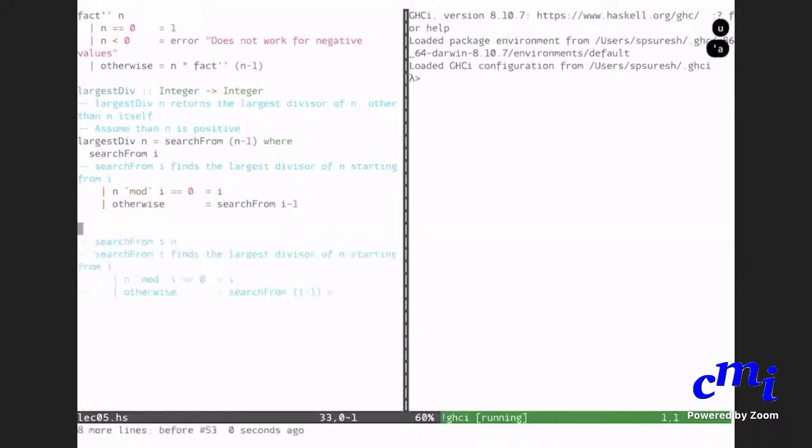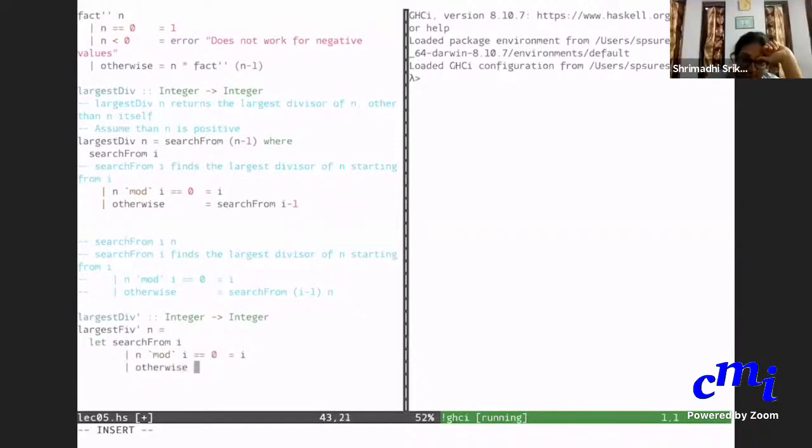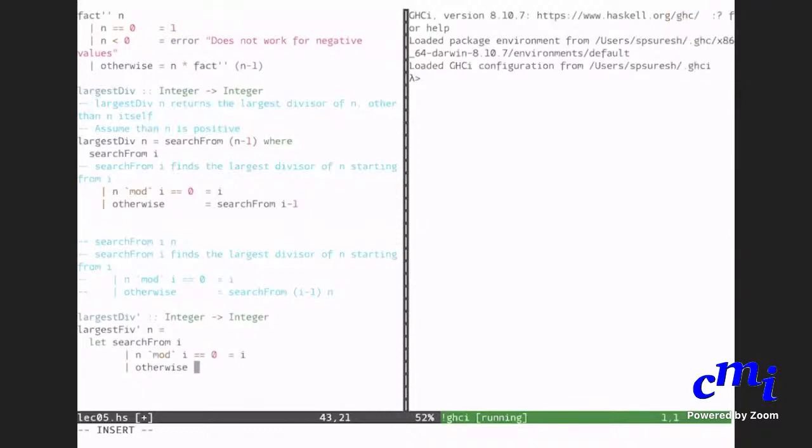I can also use search from. Sir, you've written F instead of D. Still, I have written in largest.